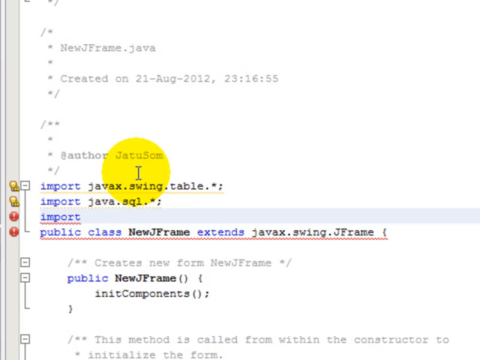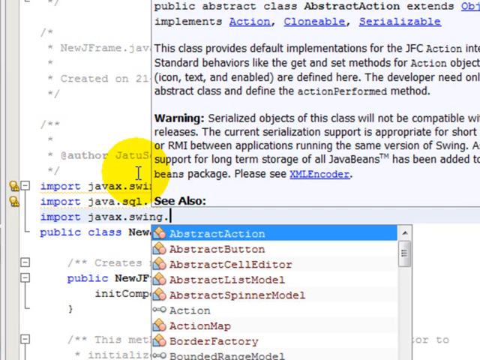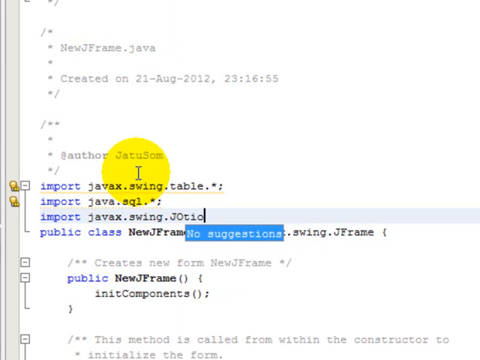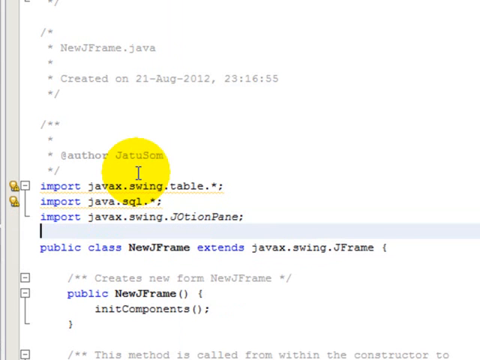import javax.swing.JOptionPane. About the JOptionPane, we have discussed it in the previous video lessons. Okay, now